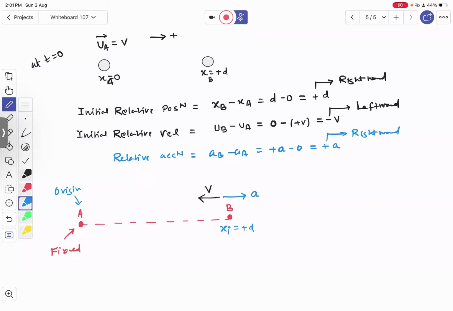Initially B is at location plus D. And finally when B arrives at the origin, what will be the final position of B? Origin. So 0. The initial position of B is plus D. The final position of B is 0. So B is the only one moving. So when B arrives at the place of A, and what is that place of A? Origin. Then the final position of B will be 0. So the displacement of B